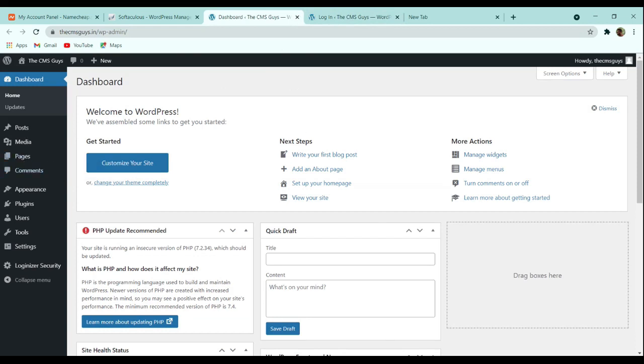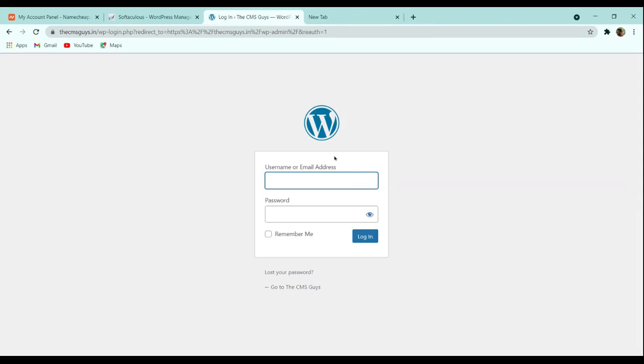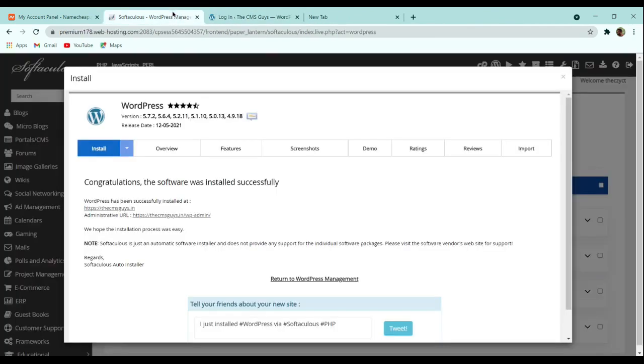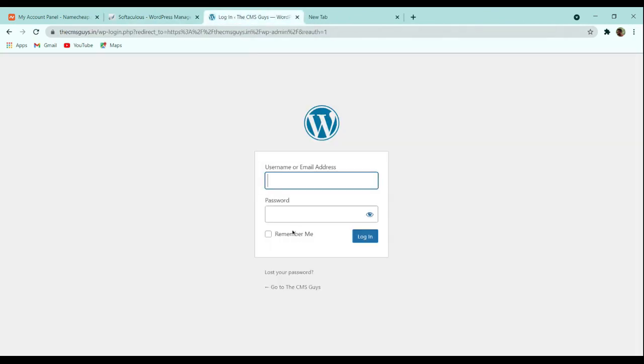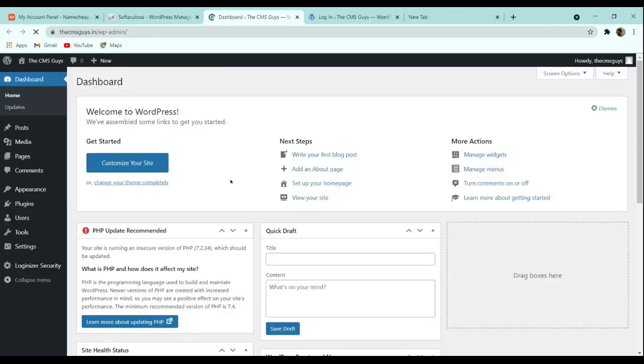After that we have to enter the username and password, and then you will see the dashboard. So let me show you again. This is how the WordPress dashboard is going to look.